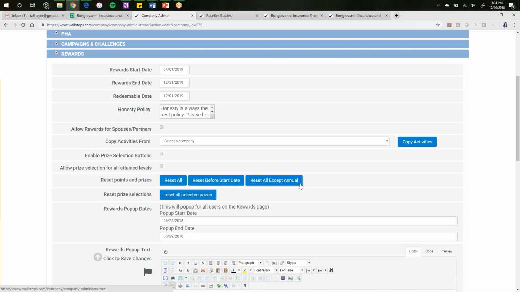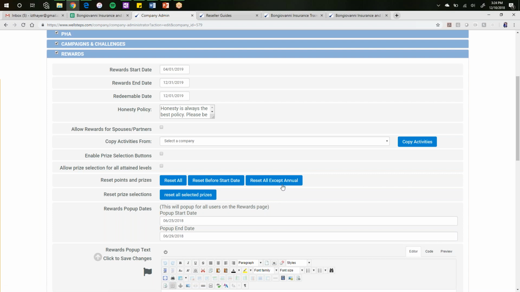Sometimes we do quarterly activities as annual. We set them up annually so we can do them for an extended amount of time rather than just monthly or just for 1 month. So a lot of those activities will be bigger ticket items, and maybe we want to reset all of the other points for the quarter but keep those annual activity points so that users still have some points in